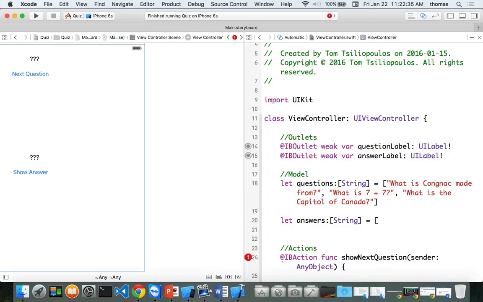What is cognac made of? The first one is grapes, right? And the second answer is 14, right? 7 plus 7. And so there's different options. They're all strings, by the way. And the third one, capital of Canada. What's the capital of Canada? Ottawa, right? And that's enough. So this is my model that I would normally have. So my answers, and so now you've learned how to make arrays,